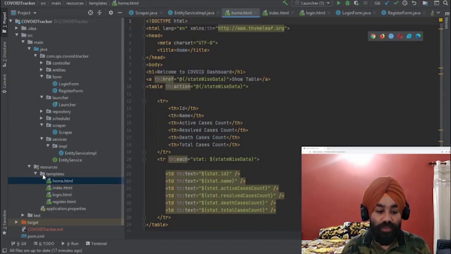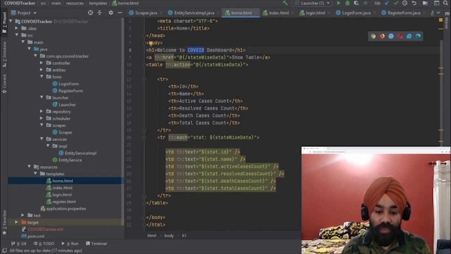Now we move to the resources section of our application. As you can see in resources, we have the application.properties file, which is the basic Spring configuration file, and we have some templates. So let me walk you through the templates first. First is the home page, the home template. It basically contains the code for your home page. Then when you are logged in,